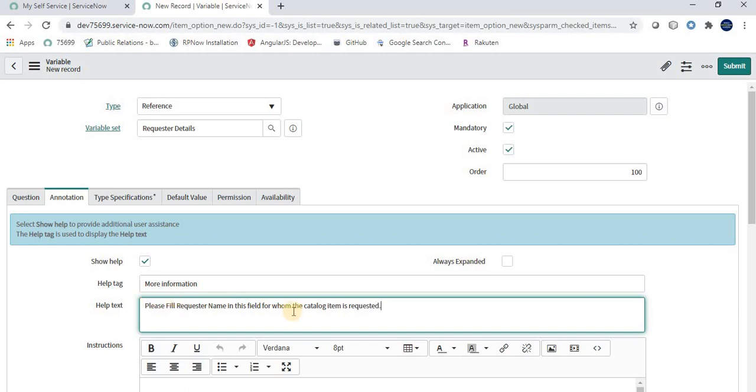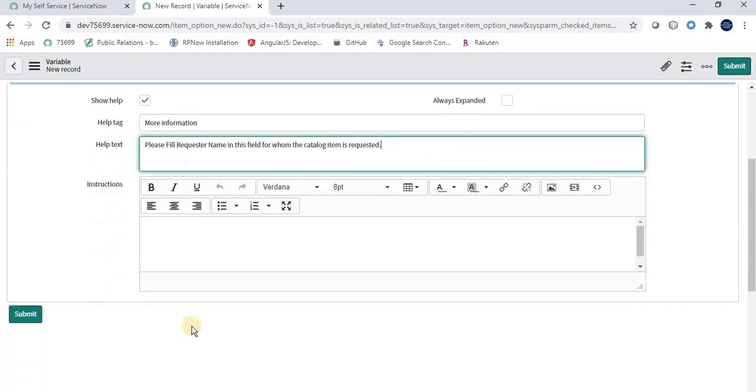If it is mentioned in the requirement that you have to give help on a particular variable or field, then you can give an annotation over here.